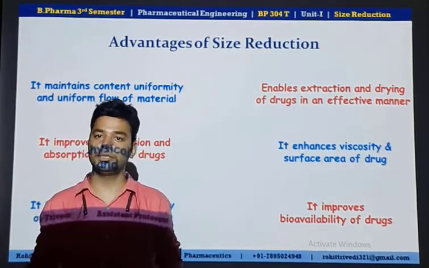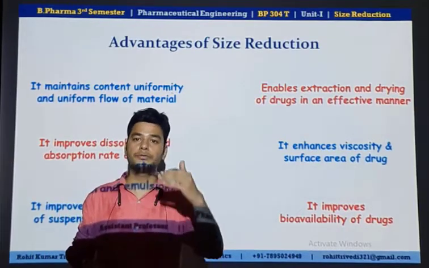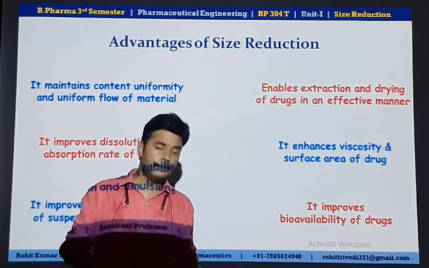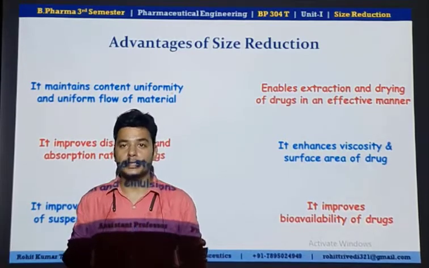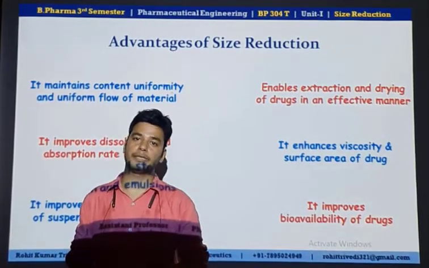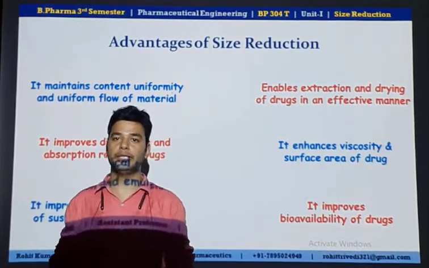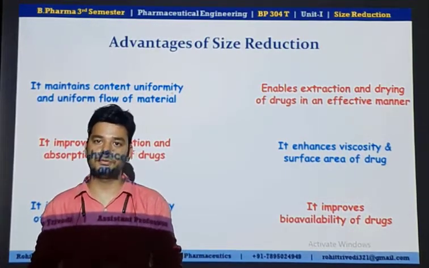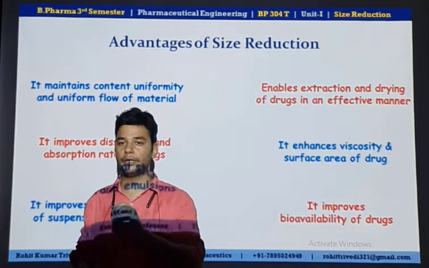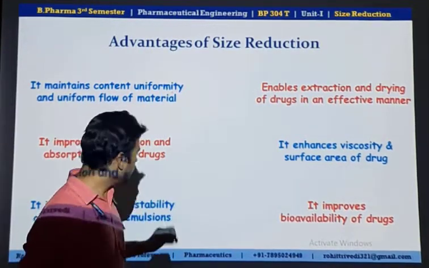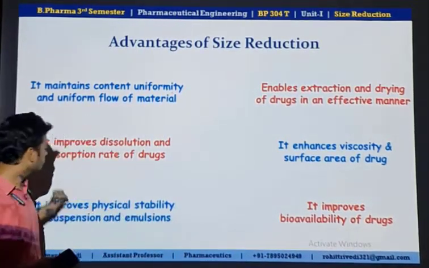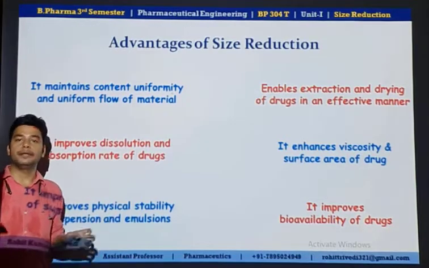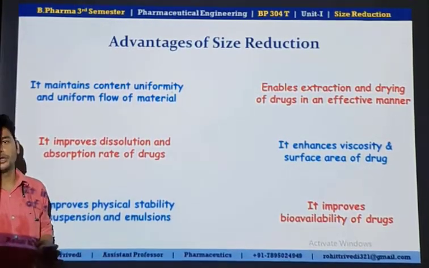If the particle size is not uniform, the larger particles will settle immediately after the formation of the emulsion or the suspension. Okay, we do not require this kind of thing. Actually, we are trying to make a stable emulsion or a stable suspension. For that purpose, we require the droplet or particle size to be very small, and these small particles remain suspended in that particular system for a longer duration.